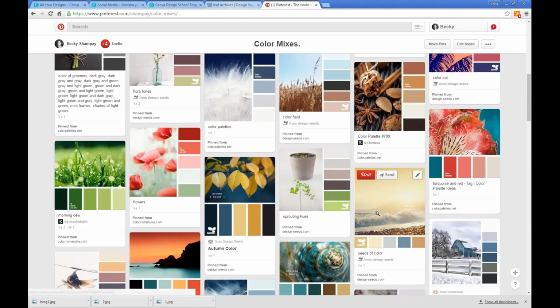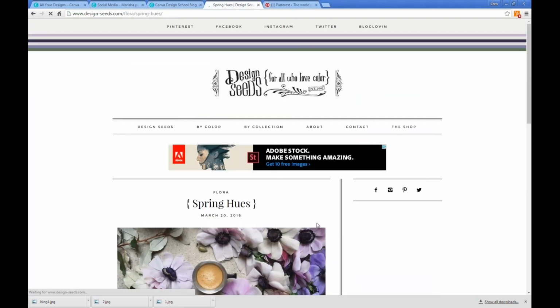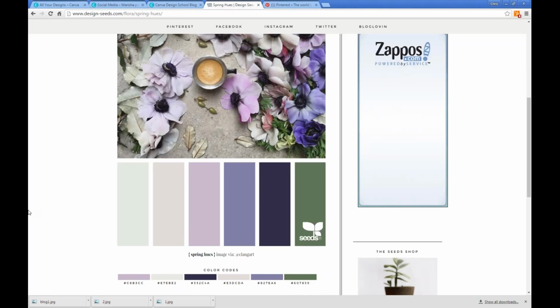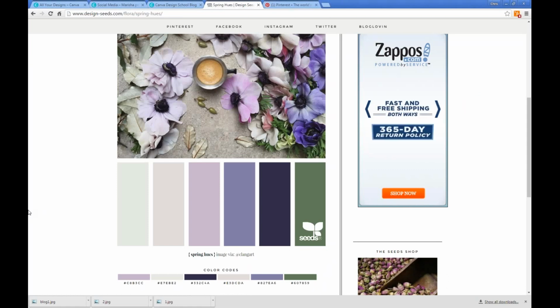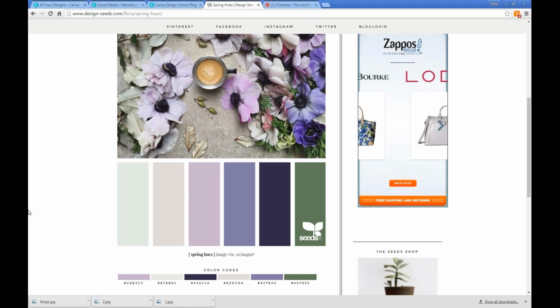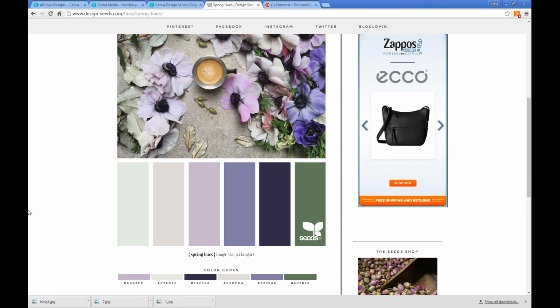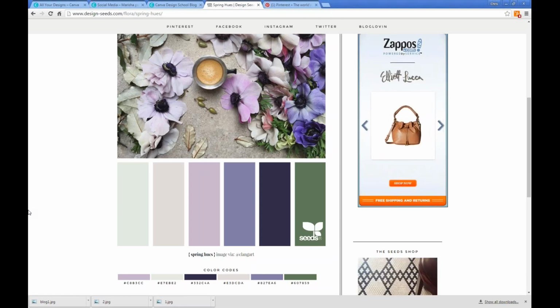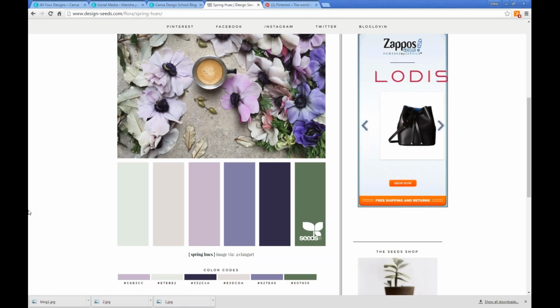What makes this Design Seeds little palette site good is not that you should be using all 6 of these colors. That's going to be overkill. That's like using 6 different fonts on a little graphic. I actually like the way Andrew put it this morning. When you get dressed, you're not going to wear, I mean, some people might wear 6 different colors, but a lot of times you're going to stick with just a couple. You're going to try and keep it simple. So